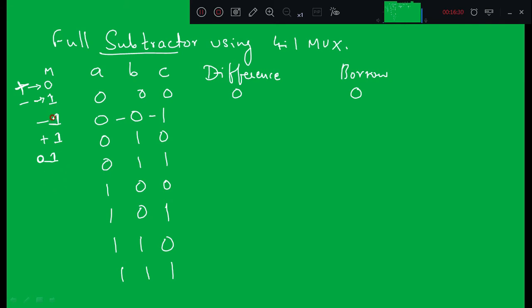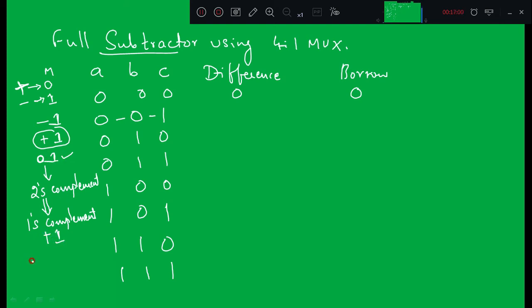So to write minus 1 in binary, first you write plus 1 in binary, which is 0 1, then you take its 2's complement. How to get 2's complement? First you obtain 1's complement. What is 1's complement? Just reverse the bits. If you have 1, make it 0, and if you have 0, make it 1. Then you add 1 to it, right?